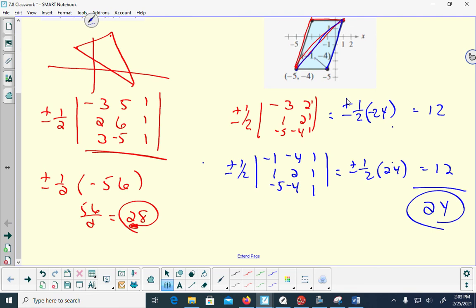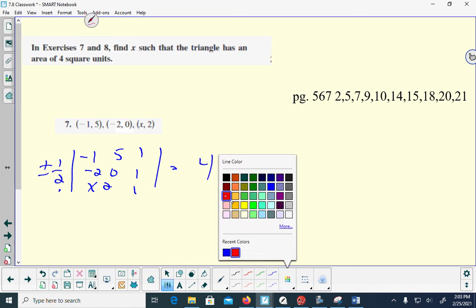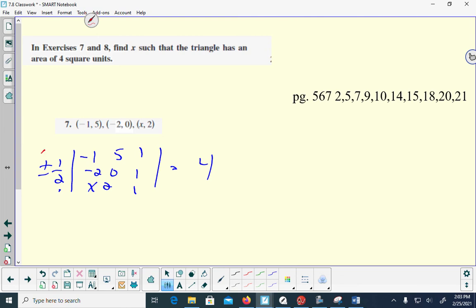That doesn't always happen. Okay, the next one, it says find x so that the triangle has an area of 4 units. So negative 1, 5, negative 2, 0, x, 2, column of ones. And when I take plus or minus 1/2 times the determinant of this, I want it to equal 4 square units. Well, if I multiply to get rid of this 1/2, if I multiply both sides by plus or minus 1/2,